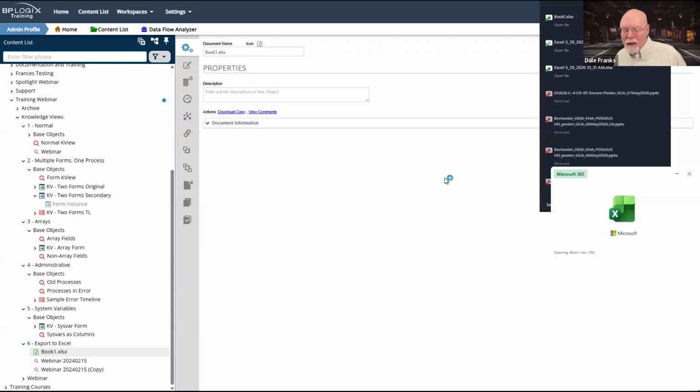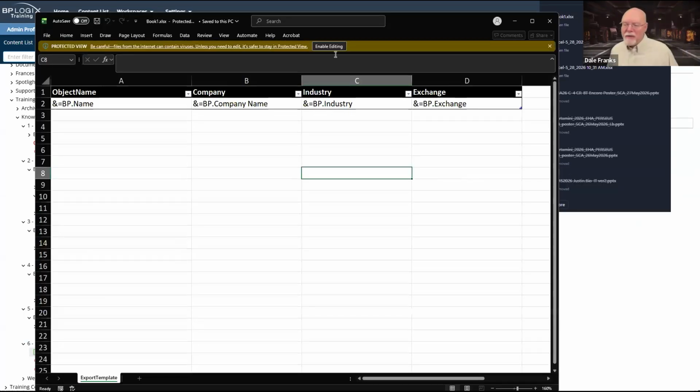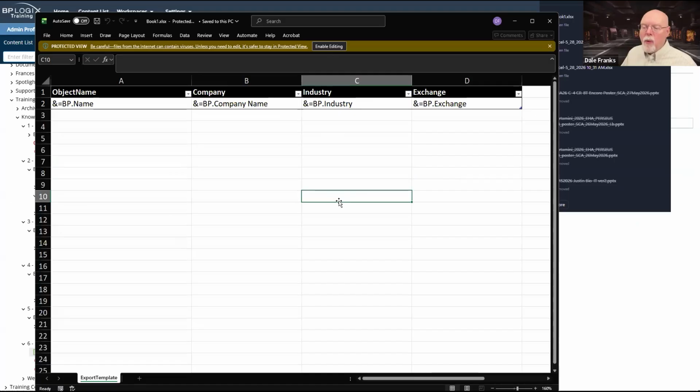The nice thing about an Excel template is that I can define how I want my data exported, but I have to define it in an Excel template that is stored in the content list and that I can point to as a template for the Excel export.